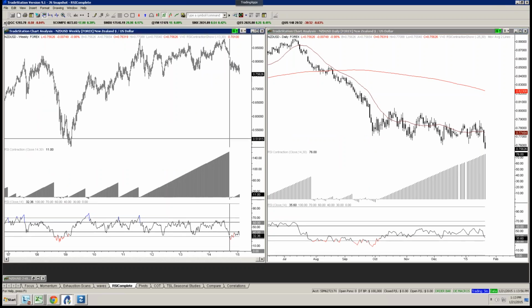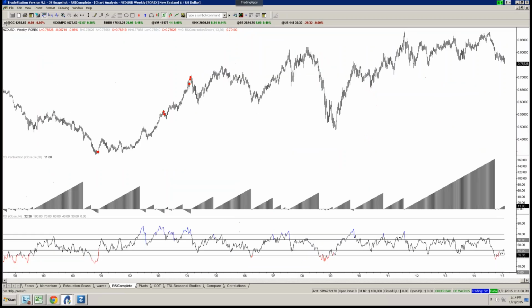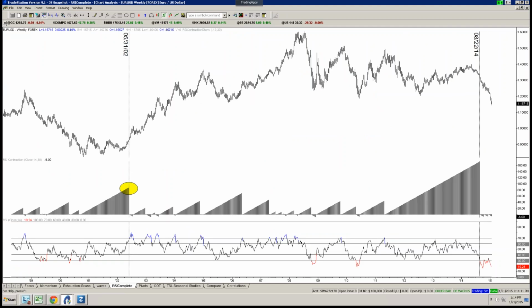Just a little bit more on Kiwi. You remember some of these charts? If you were an old JS client, I had shown charts for the euro, charts for Kiwi, and so on, on just how insanely coiled the euro dollar was. Remember? We showed this. This is what I call RSI contraction, and all that is the amount of time that RSI spends between 30 and 70. In other words, you don't have an overbought or oversold condition, and really don't have much of a trend, right? Because you're not going to get a trend without an overbought or oversold condition.